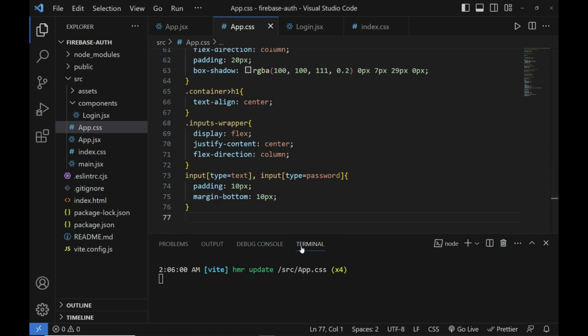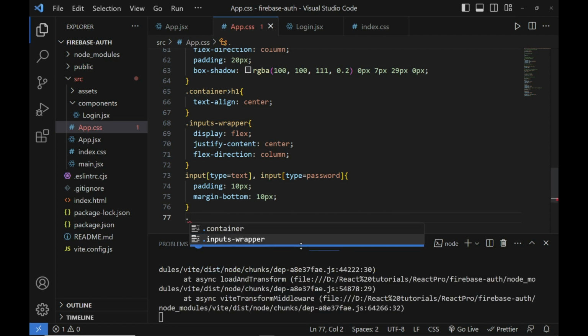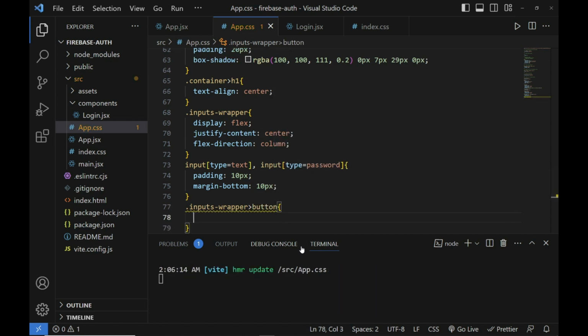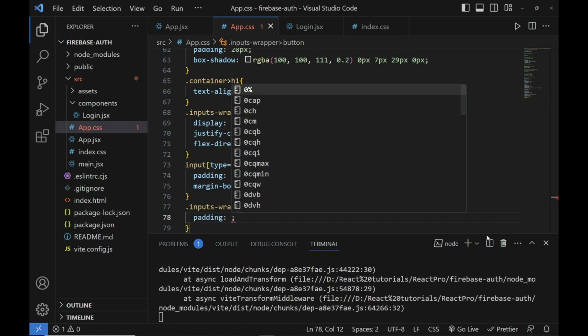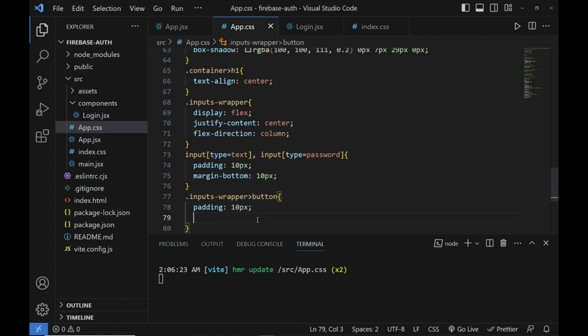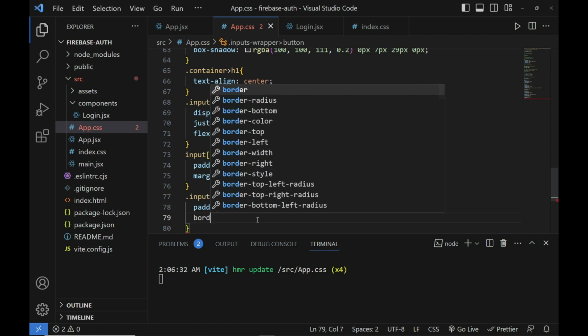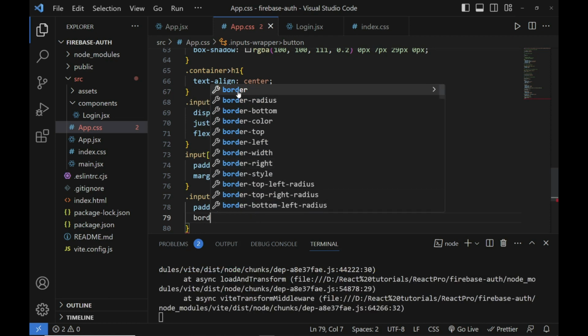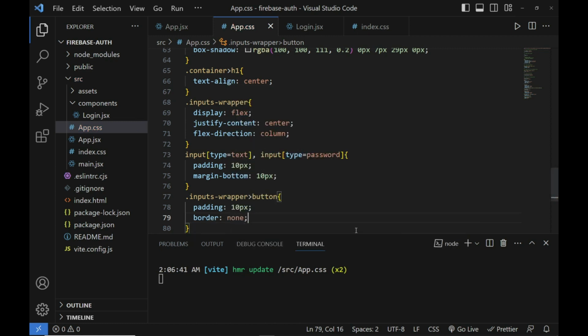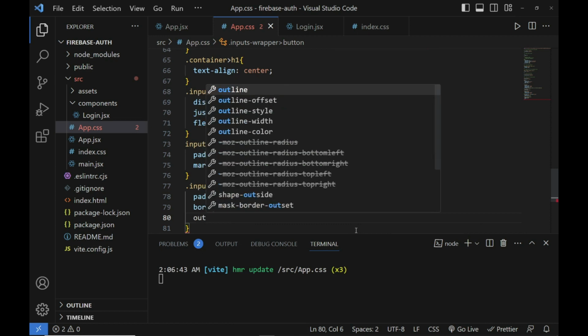And we need to put padding of 10 pixel like so. I also want to put border of none, outline none,